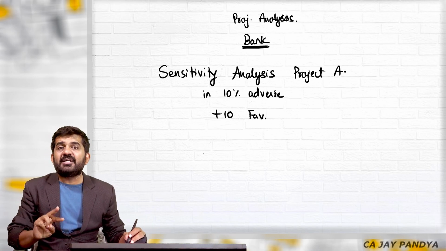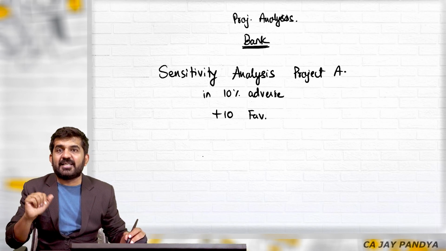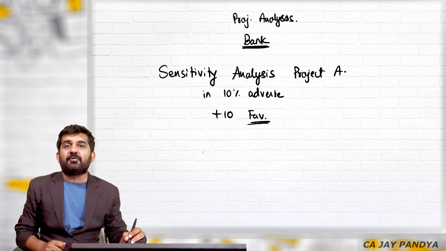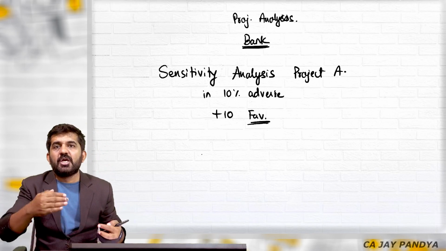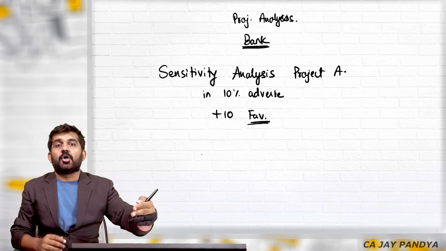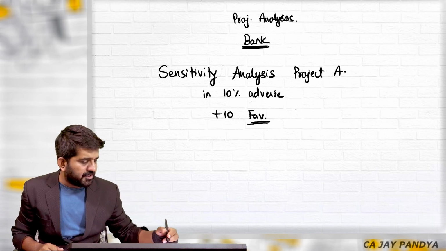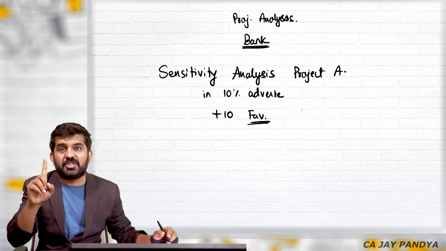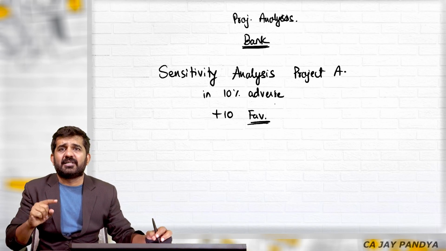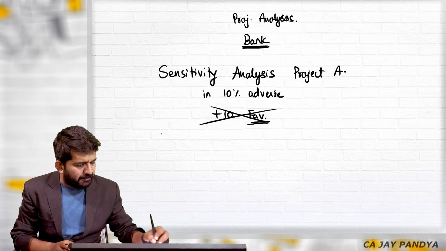If we are doing 10% favorable, if the sales units increase by 10%, if the selling price increases by 10%, if variable cost decreases, when we are doing something favorable, that means we should decrease our variable cost. If variable cost decreases by 10%, if fixed cost decreases by 10%, if cost of capital decreases by 10%, if cost of project decreases by 10%, then what will be my answer? I will find out the percentage. Believe me, the answers will be nearly the same, and you will get approximately the same answer, that still sales is the most sensitive. But right now I have done only 10% adverse.